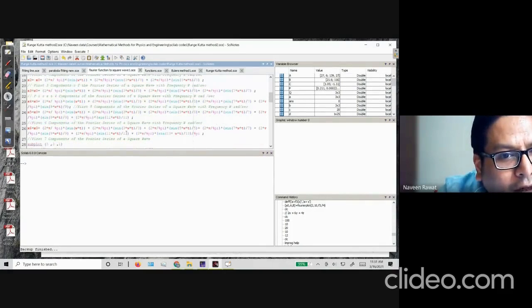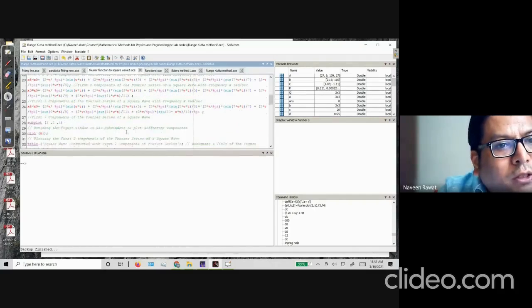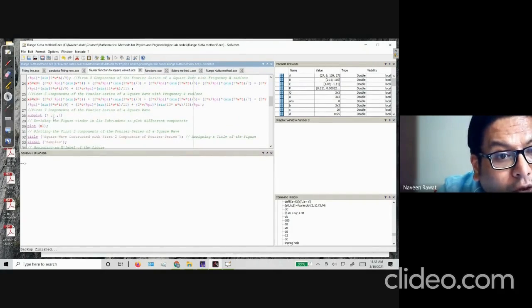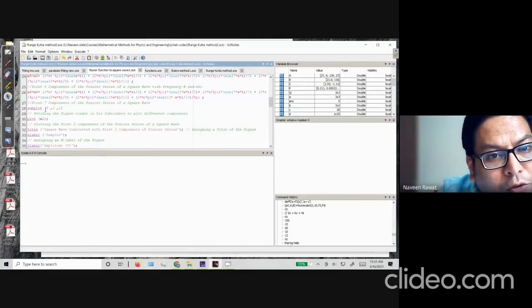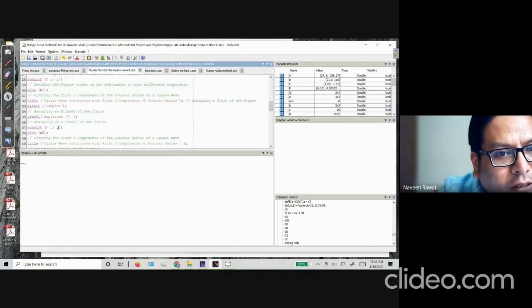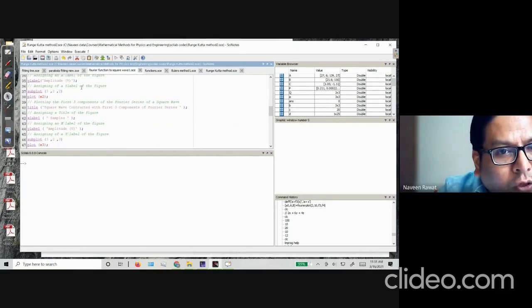Okay, and now what we need to do is plot this. Okay, so in Scilab there is a function called plot, just to plot the series, and if you want all these plots to appear together, then you have to use the subplot feature. Okay, अब ये सब चीज याद करने की जरूरत नहीं है. I'm just showing you the capability of Scilab. Okay, so here basically I've created a subplot. So there are 3 rows and 2 columns, and this is the first plot. So the first plot will be x1, and it has 2 terms, and the second plot will be x2, it has 3 terms, and so on. Okay, so if I execute this code,